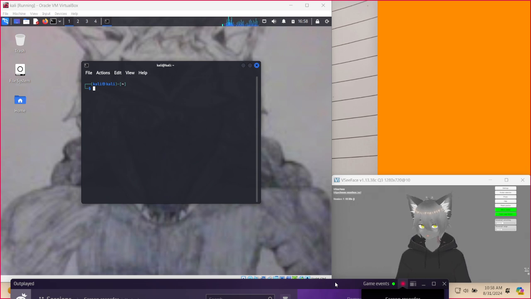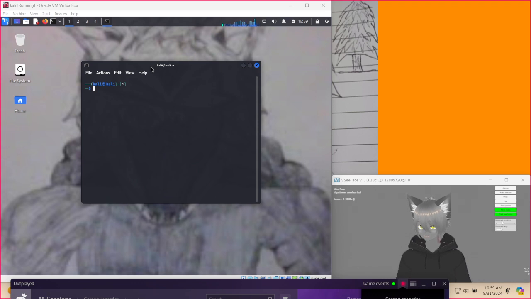Today I'm going to be showing you how to use Crunch to generate random word lists. This saves you a lot of time if you're trying to crack a password or a username, or if you're just trying to, let's say, upload a file of random access word list, random usernames or passwords to GitHub, because they have directories that you could download word lists from as well on GitHub if you're interested in doing that. But this is just going to be an example of how you can do it using Crunch in Kali